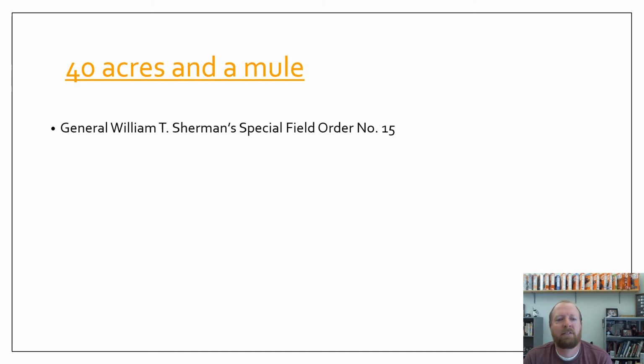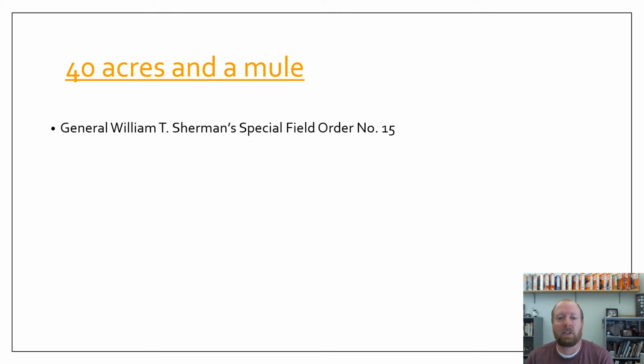There's this notion of 40 acres and a mule. And I encourage you, click on this. It'll take you to an article and a brief thing that you can listen to about 40 acres and a mule. So this is William T. Sherman's Special Field Order number 15, where he promised that as he went through the South and evicted, if you will, or kicked out the slave owners off of those lands through his march,